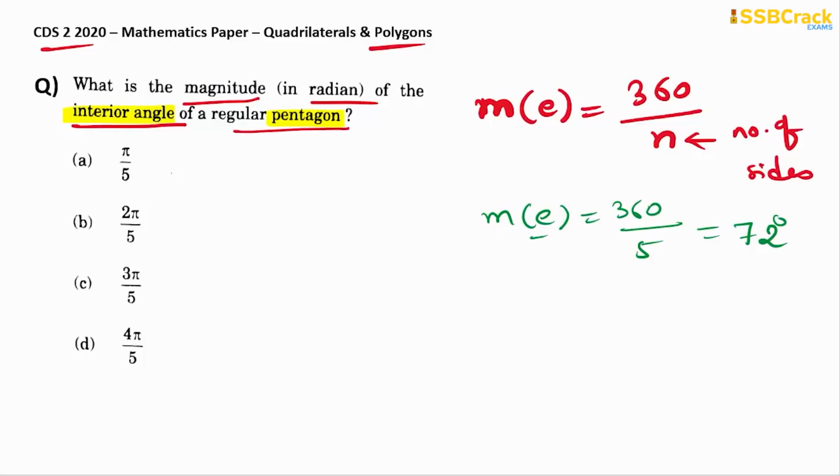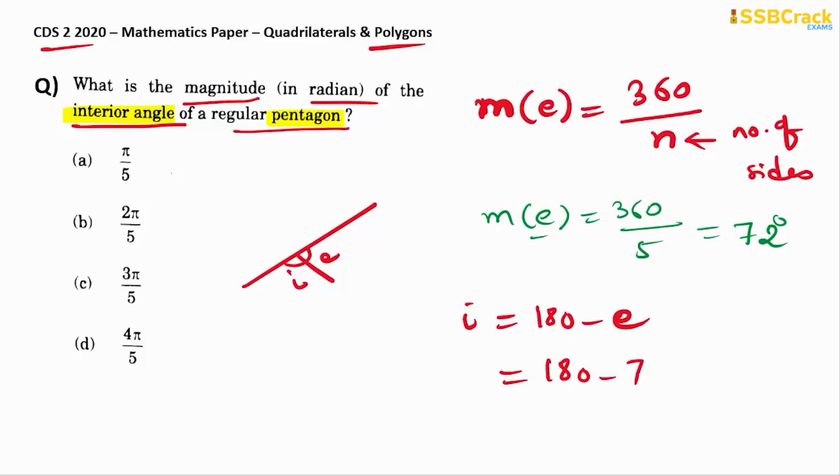You know the relation that the interior angle and the exterior angle are always a linear pair. So the interior angle measure will then be 180 minus exterior, isn't it? Very simple. So 180 minus 72. What does it give to you? It will give you the answer in degrees. So that is how much? You could see it's 108. So for 108, you have to convert this into radian measure. For that you have to multiply it by pi by 180.